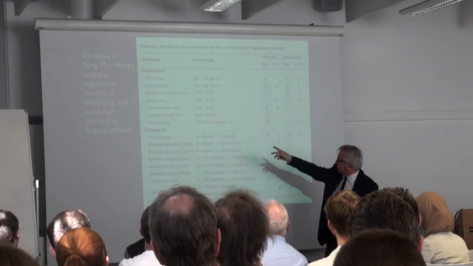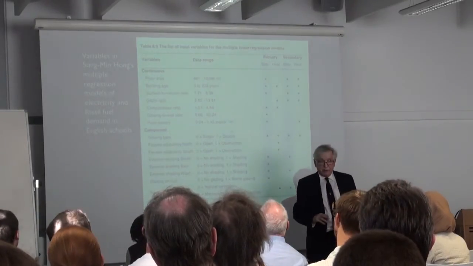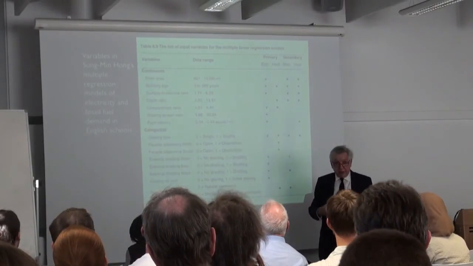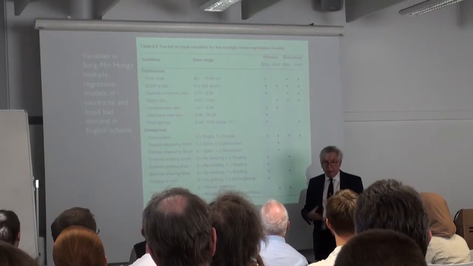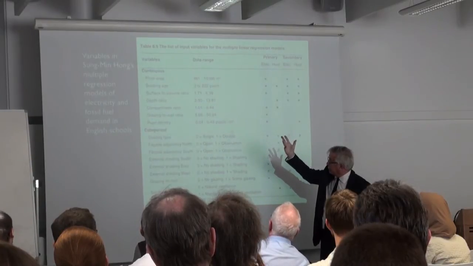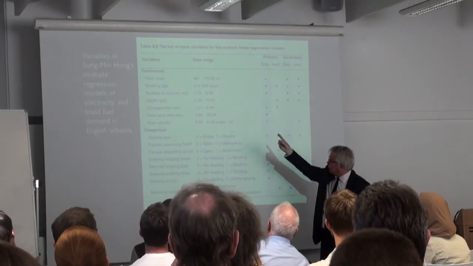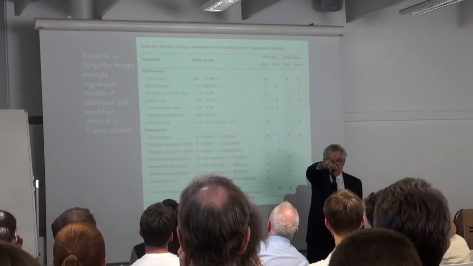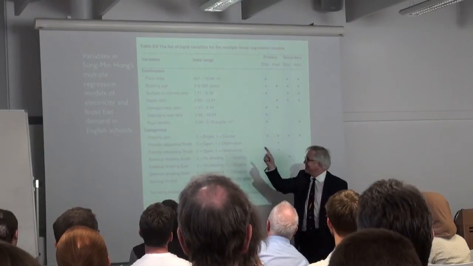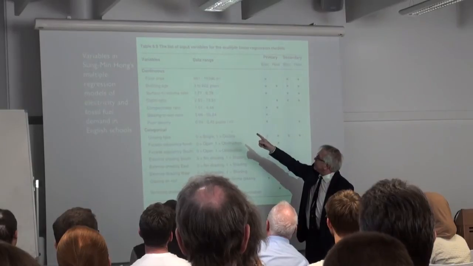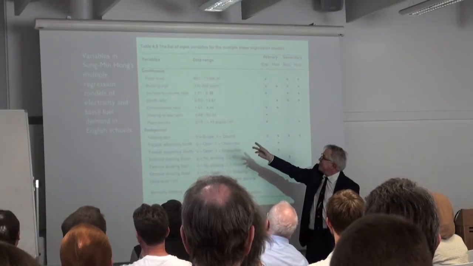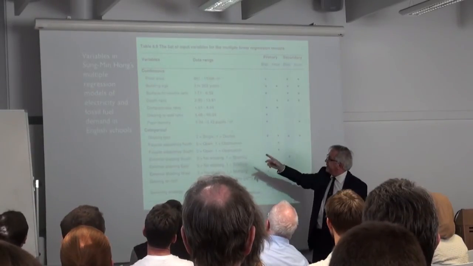The top half are continuous variables, so there's floor area. Now, we're looking at energy intensity per square meter, so in effect floor area will be a size measure. It might be that energy intensity could be different in schools of different sizes. Building age could have all kinds of effects, leaky fabric and so on. Surface to volume, in fact, Sung-Min should be volume to surface. He actually reverses the ratio, but it doesn't matter. Got to change that in his thesis. Building depth, compactness, glazing ratio, and pupil density. And then here are